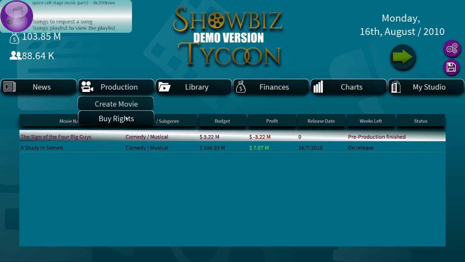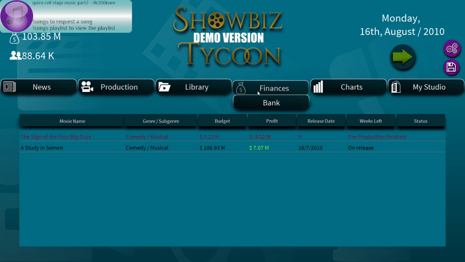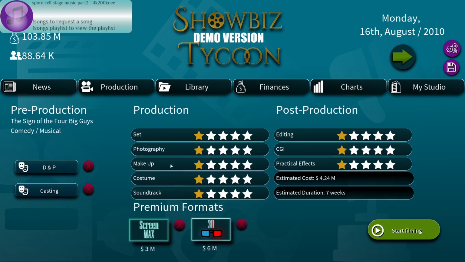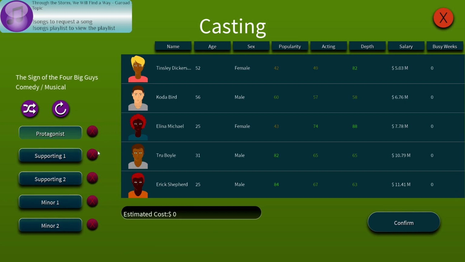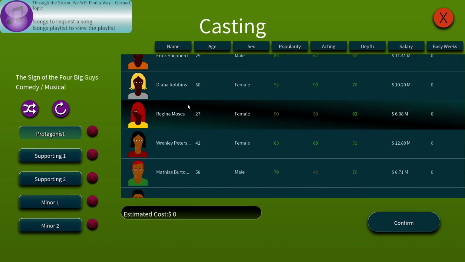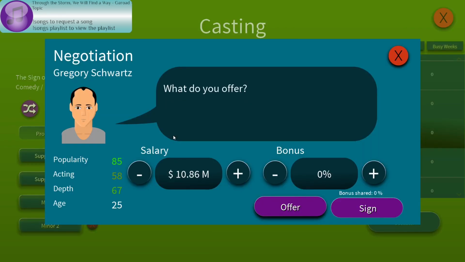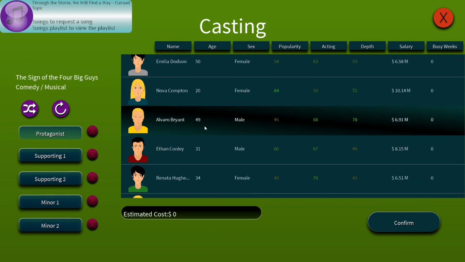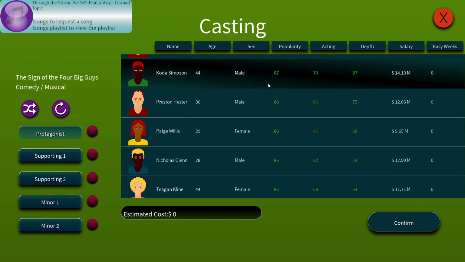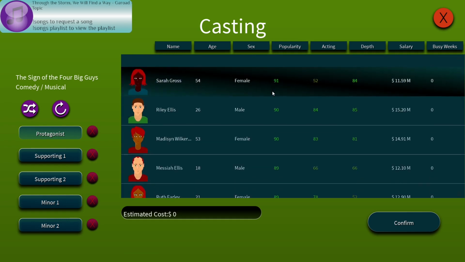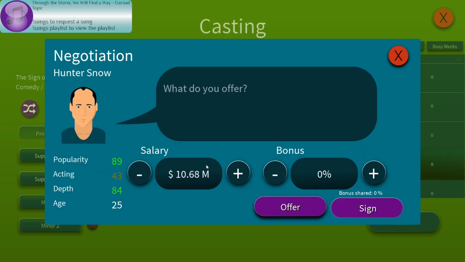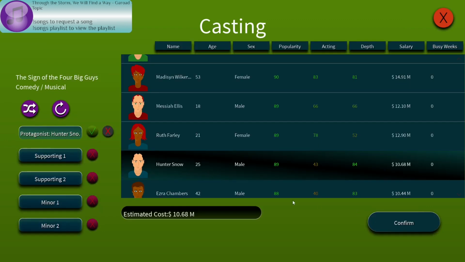Okay, so apparently I can't create more than 2 films in the demo version. Gregory Schwartz, that was... Okay, Hunter Snow was... That was our lead.